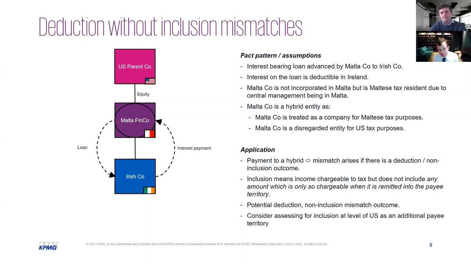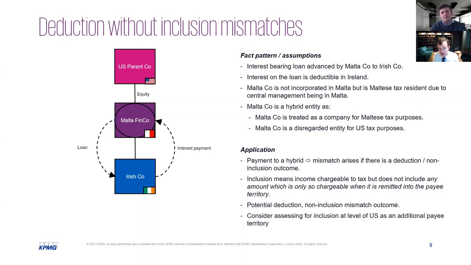And so this really does illustrate the point, Cormac, around the fact that you can, at your option, essentially test for inclusion at multiple levels, but you're not obliged to. Once you've found inclusion once, you should be okay. And this implementation of the rules in Ireland, and again, it's not necessarily going to be consistent in other EU